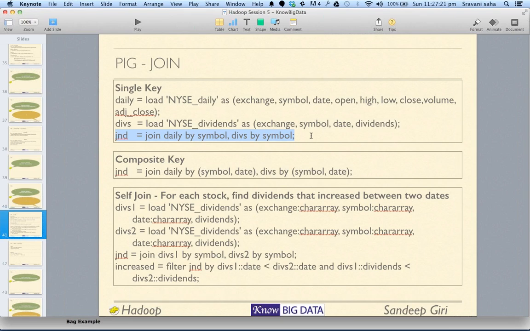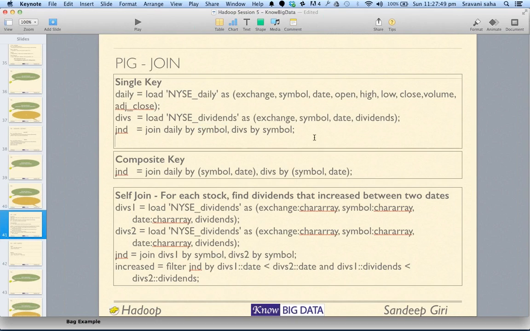Okay. It doesn't happen the way it used to happen in SQL, where you join this table and this table on a less than or equal to b plus 5. That is not something which is supported. And why is that? Can anybody answer? Why is it always on either a composite key or a single key like this? Why not have a syntax like join daily